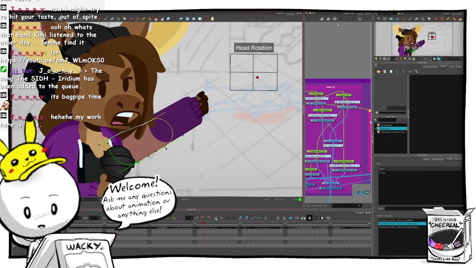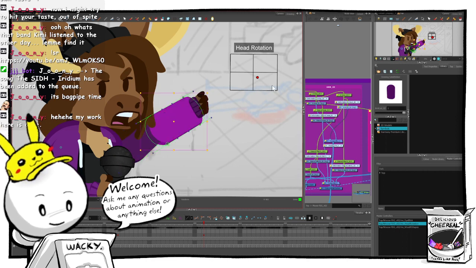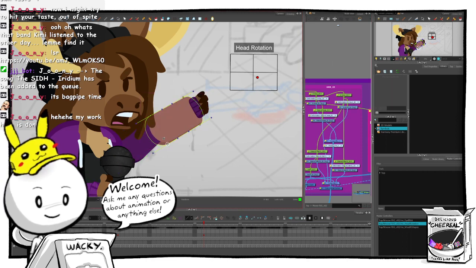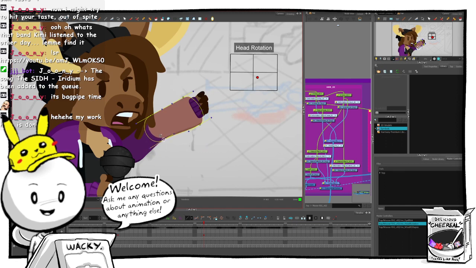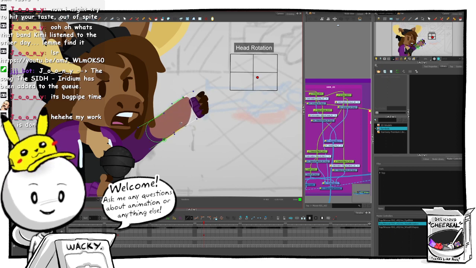Let's move this arm back in perspective so it doesn't look like he's doing something else. Let's bring this in. And this is probably pretty far back. This.